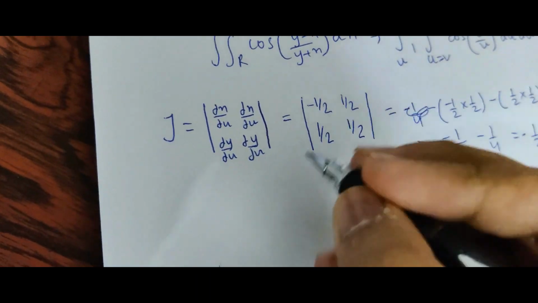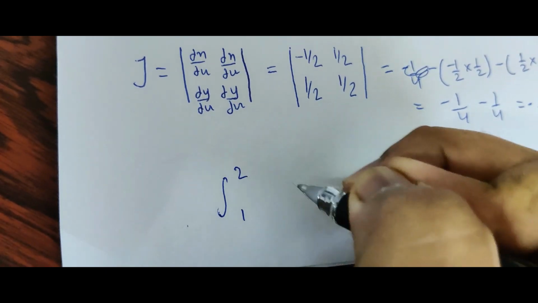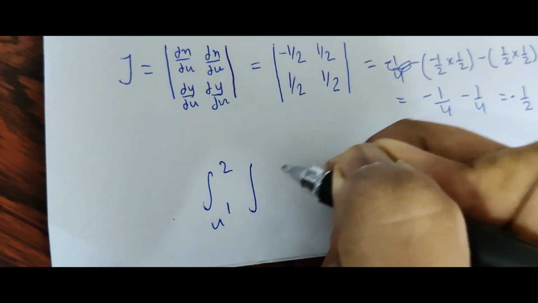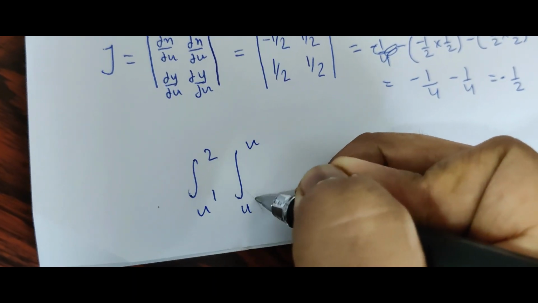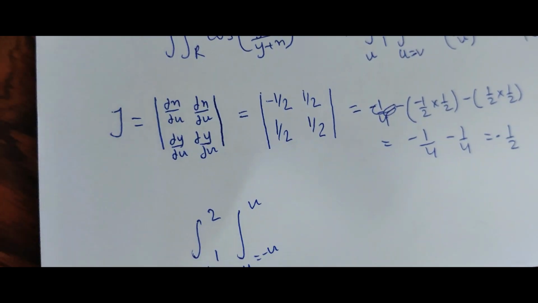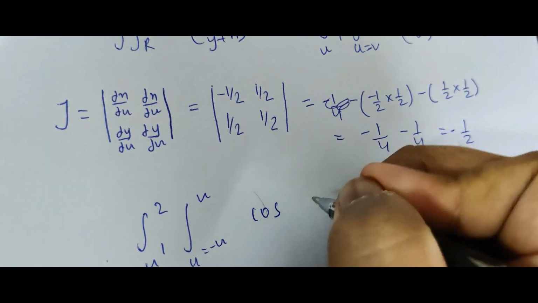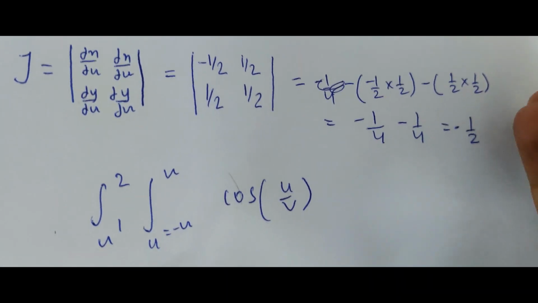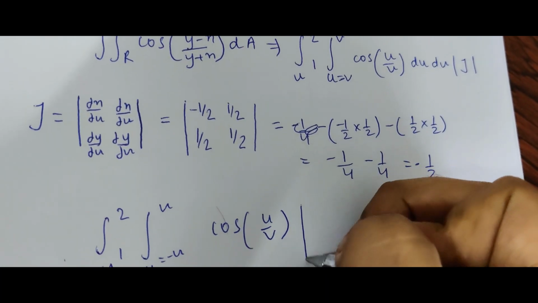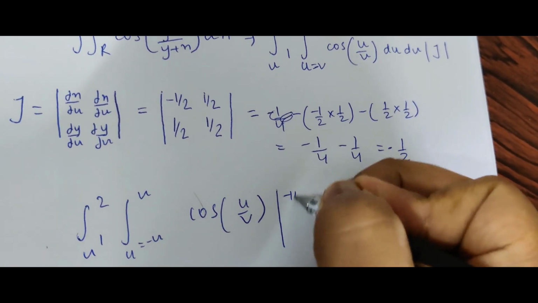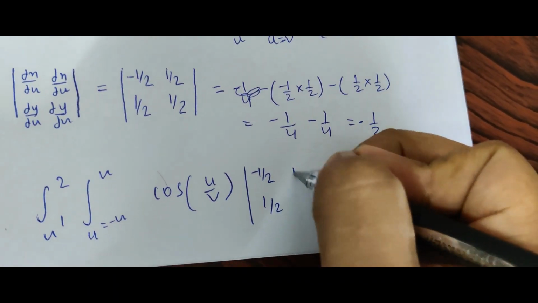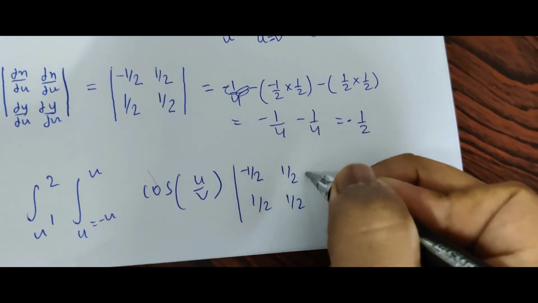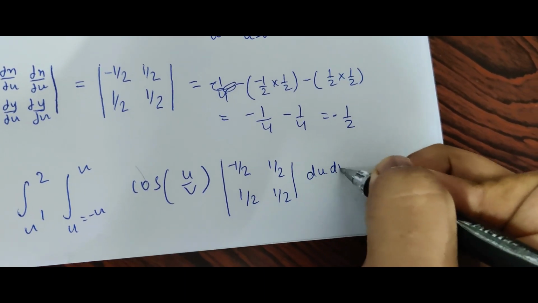So I once again want to write down everything. 2 1 is for v, u is equal to minus v, cos u v, and we've taken out the Jacobian, but we'll once again write it in its matrix form. Half du dv. Sorry for the weird cut. Now continuing the question,